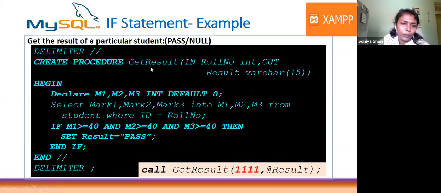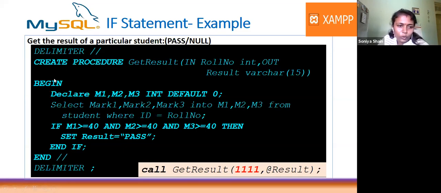What's the name of the procedure? GetResult. And here I am using parameters. One IN parameter and one OUT parameter. This should be clear to you; I discussed it in the last section. It means you are getting an argument from the shell or command line, and then you are passing a value from this stored procedure to the shell or command line. So here you are getting the roll number of a student as an argument in a parameter, and you are determining the result of the student and passing it as an OUT argument. Then you just begin.